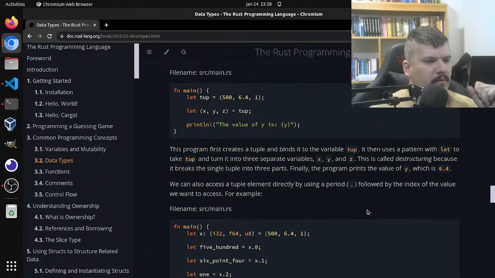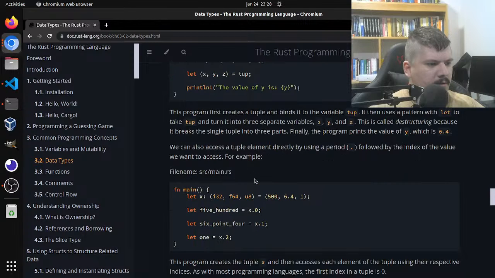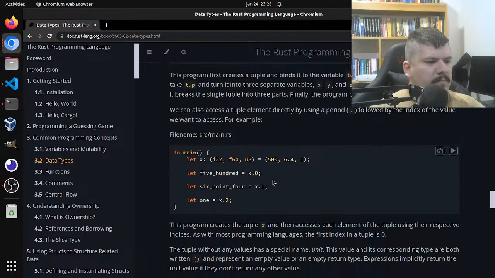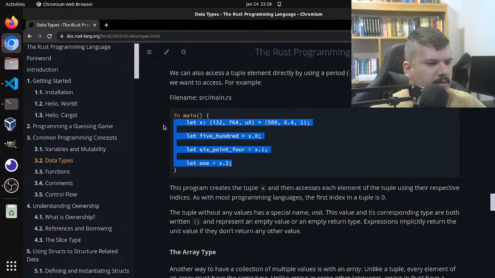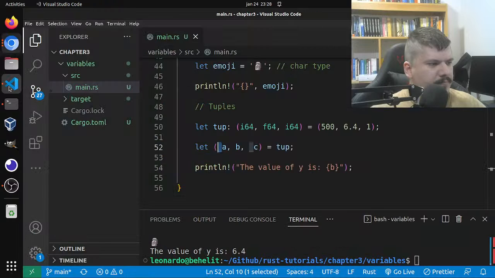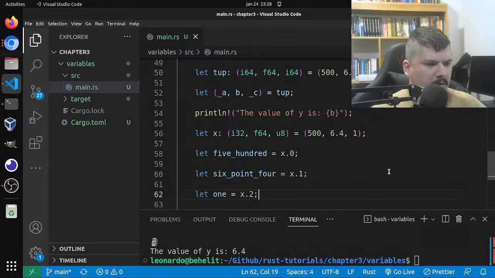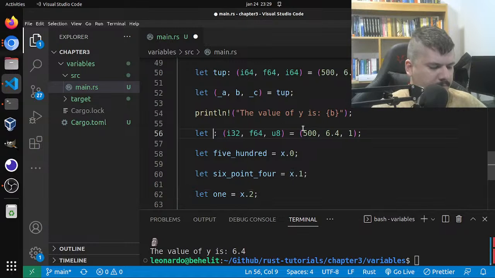So okay, it binds it, and we can also access a tuple member by directly using a period followed by the index of the value we want to access. For example, okay, let's try this, and then x will be like tuple.2, and then